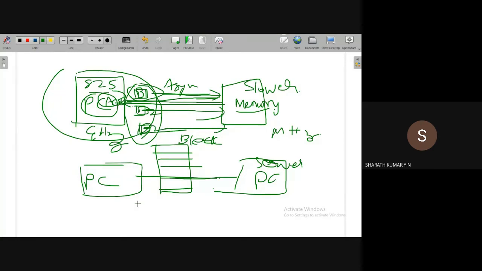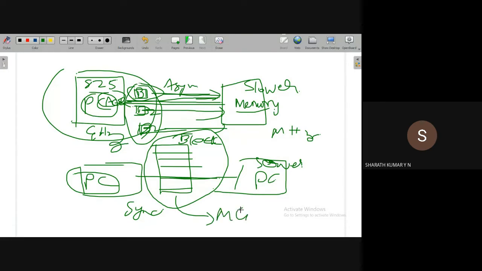In the synchronous method of transmission, the sender device will send a block of data, a chunk of data. The size of this chunk may be a megabyte, very huge, and it can be a kilobyte also. This data will be transmitted at once. The receiving device will receive the data and store it in the memory. The advantage of synchronous operation is that it is much faster, but it expects both devices to operate at the same speed so that syncing is possible.